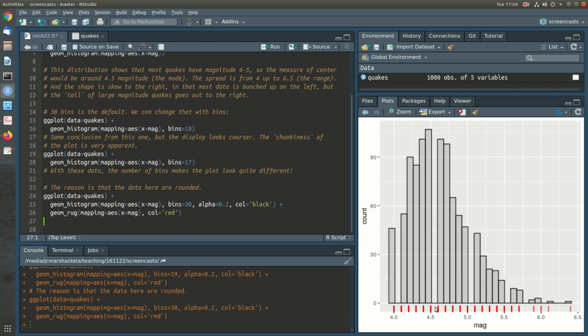And one way to do that is to, instead of specifying the number of bins, we could specify the bin width. Okay, so